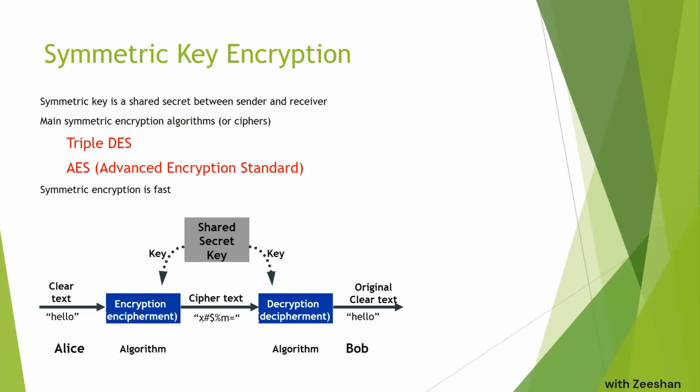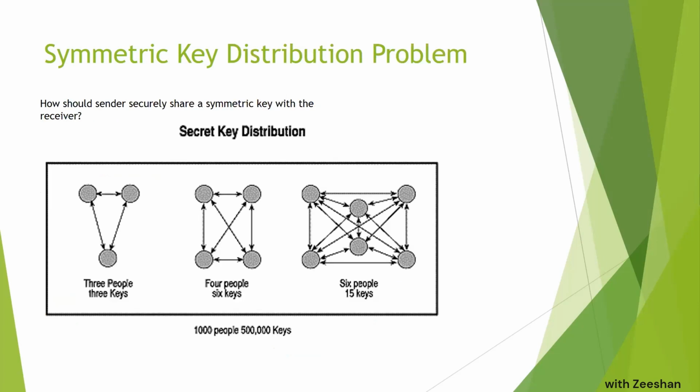The key sharing mechanism is very difficult, because if I want to send data to two people, I have to share my key with both of them. Let's say I have 10 people available. I have to share the data with 10 people, so now I have to send that key to those 10 users. Now, if I want to send some data to the next 5 people, I should have the keys of those 5 people also. So managing keys is a problem: how am I going to distribute the keys?